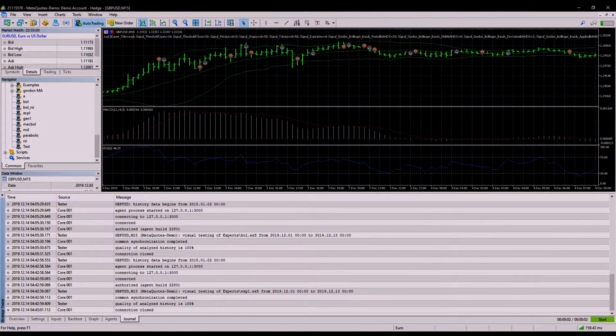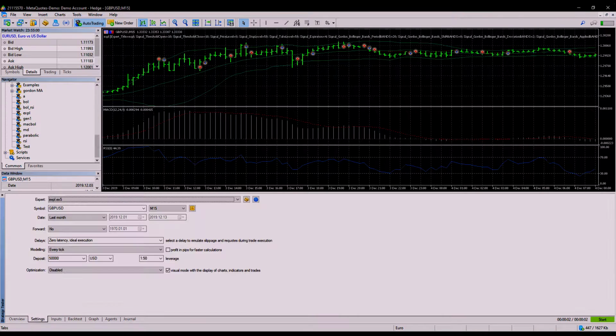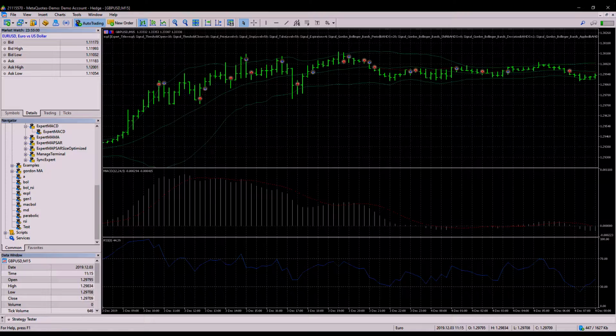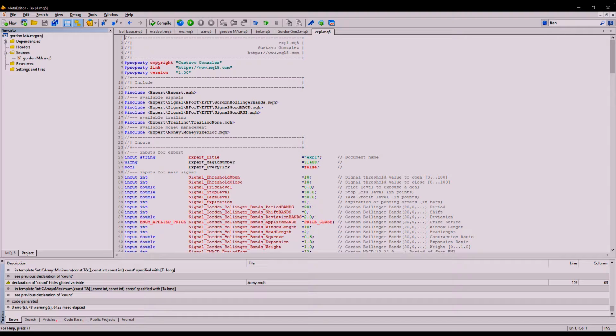The agents don't show anything important, and the journal shows the same as the other one. It shows a timeline of what positions are being opened and what is happening in your computer when this test is running. Also, if you disable or uncheck this box, it will print everything on the journals page. That's how you test the